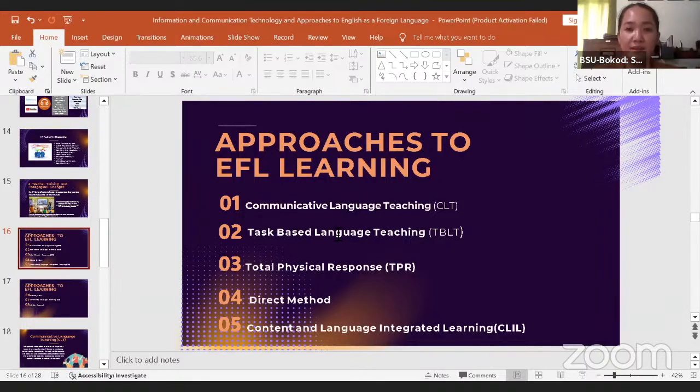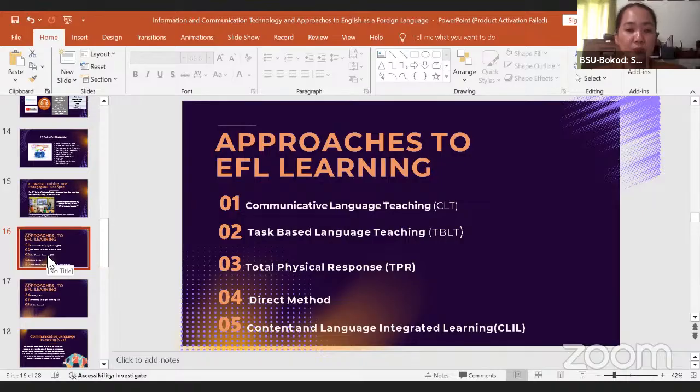If there are some questions, anyway, these are just a reminder. The approaches for EFL learning are just reminders of what you have discussed, perhaps, or have learned already. It will help us be reminded of the approaches for EFL teaching. Of course, historically, many have tried all of these, and many have also researched on their effectivity until such time that we are already in the communicative competence.